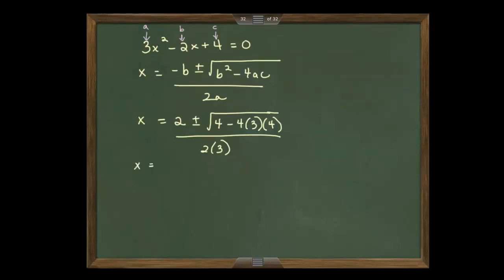Okay, and then we'll further simplify. So here we have 2 plus or minus the square root of, then we simplify under this radical, and we'll end up with negative 44